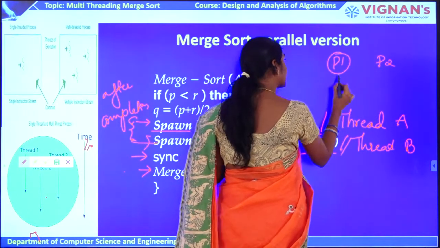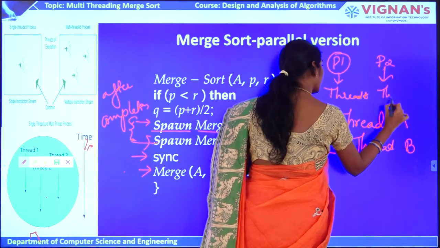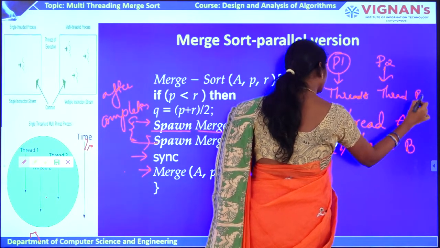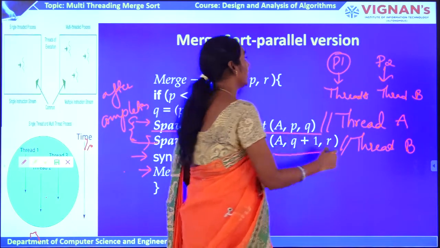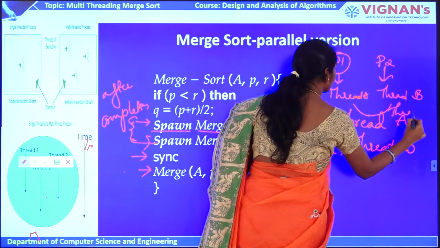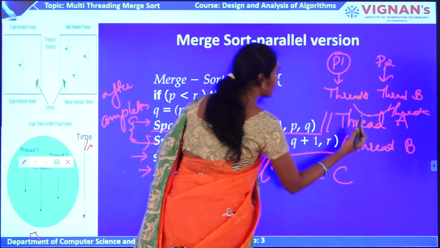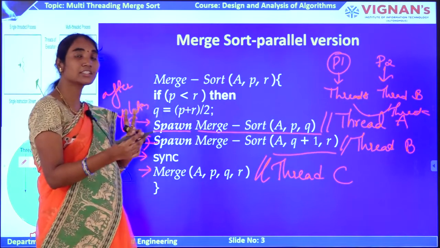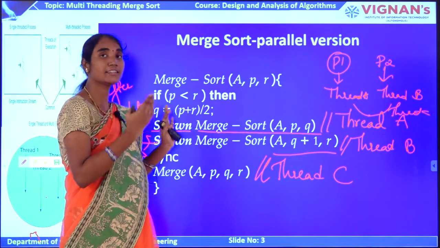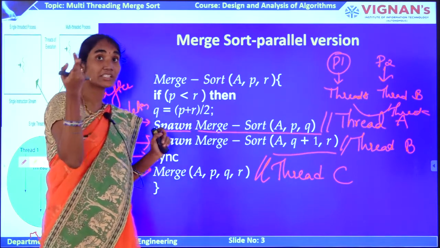So P1 will start thread A and P2 will start thread B, and after that I am going to combine these two by using thread C. Understood? So this is your thread C. So here on two processors, in parallel, this thread A as well as thread B will be executed, whereas previously on